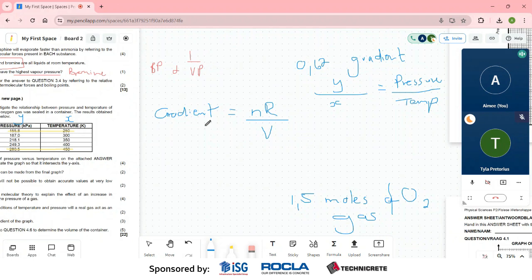So now, we must just double check quickly though, because remember the gradient we calculated was using kilopascals and Kelvin. And Kelvin is the correct SI unit for temperature. That's fine, you can leave that as it is. But the SI unit for pressure when we're using our PV equals nRT formula is pascals, which means we need to convert our gradient value, which we got as